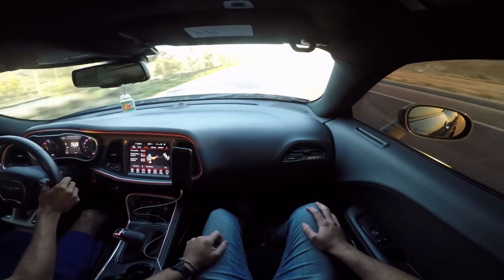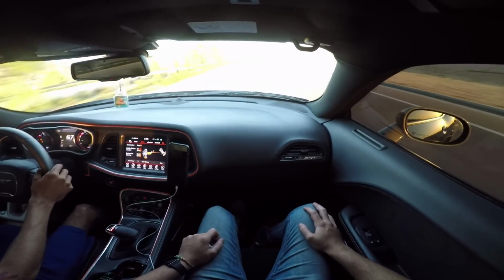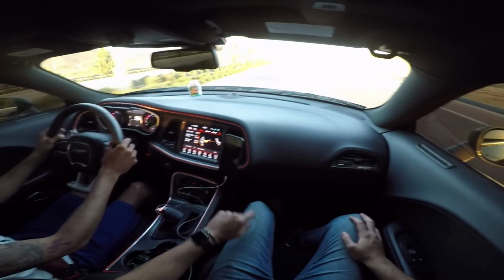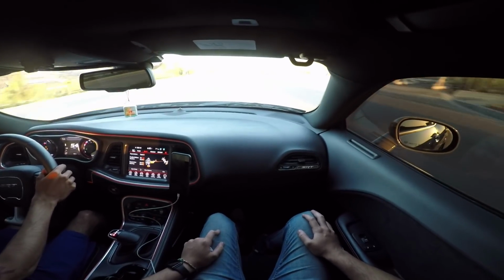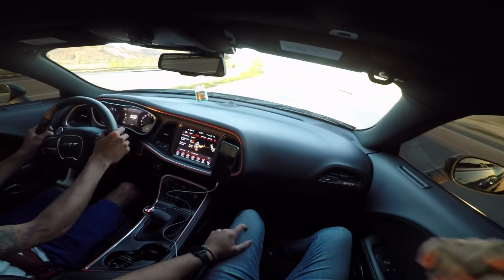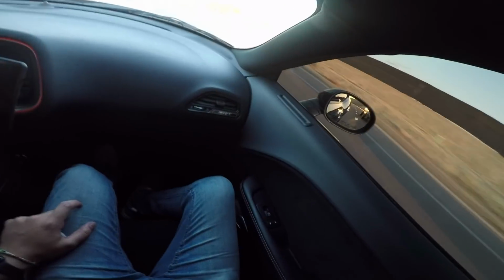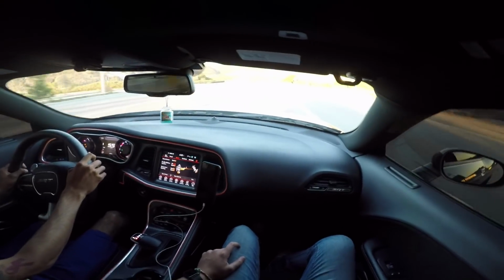Do you only get these modes on the automatics, or can you get this on the manual? I think the modes... yeah. I think it's got to be the SRT to have all the suspension stuff. You just go straight. Oh, okay. You just want to be careful down there because...